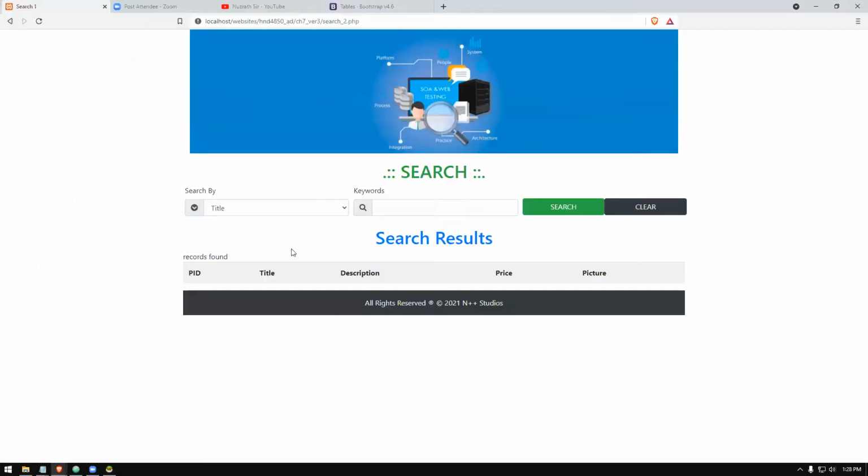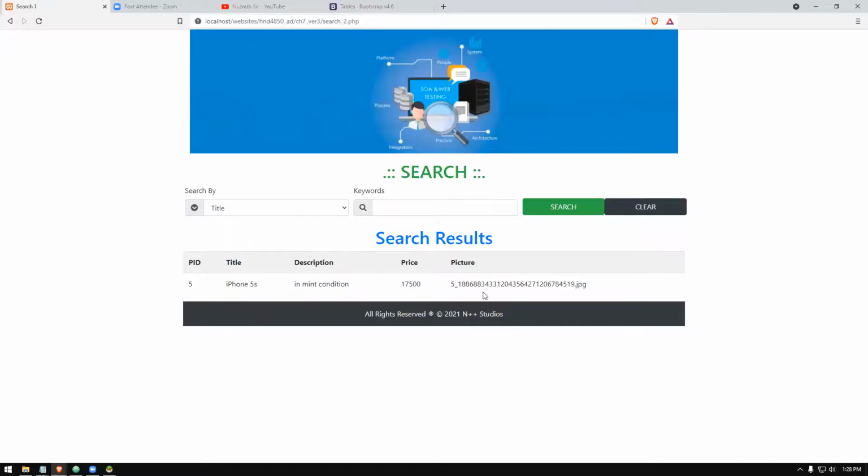Right, let's try a record. Let's search for iPhone record here. Let's say IPHO. Then when you search for the record, it says the iPhone record is found, that I created. So here it's displaying just an image file name only. So we need to fix that. Let's do one by one. In these sizes also we can fix slowly.